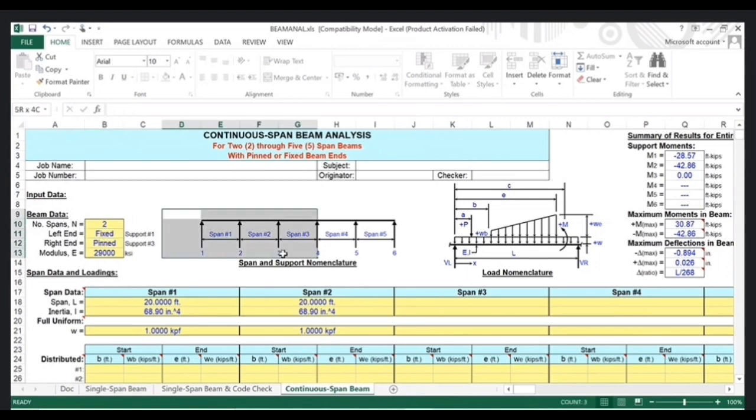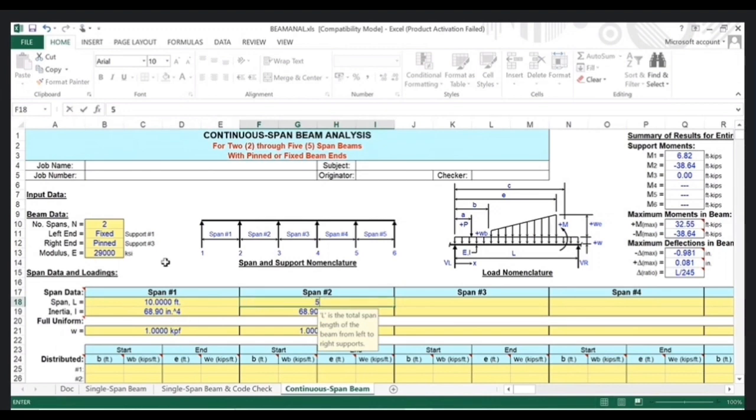This is our beam where the first support is fixed, the middle support is hinge, and the last support is pinned. We already defined that the first support is the left hand, that is the first support, this is the second support, and this is the third support. So our total number of spans is 2. So here I can write the 2. Okay. So I take the first span length as 10 feet, and the second span length as 5 feet.